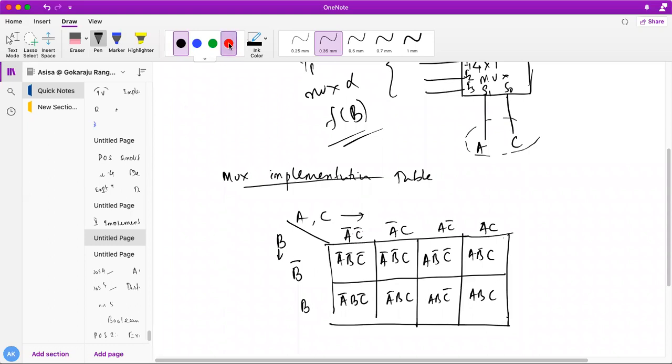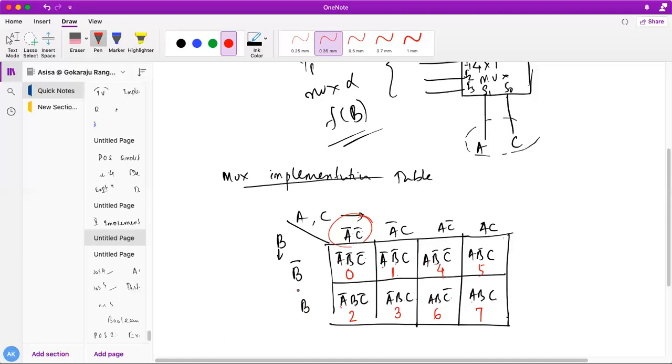So what next? You need to find out these positions. So this is 0, 0, 0, so the position is 0. This is 0, 1, 0, position 2. This is 0, 0, 1, which is 1. This is 0, 1, 1, which is 3. This is 1, 0, 0, which is 4. This is 1, 1, 0, which is 6. This is 1, 0, 1, which is 5. This is 1, 1, 1, which is 7. Do you understand how I got these positions? If my select line changes, then the minterm positions will obviously change.